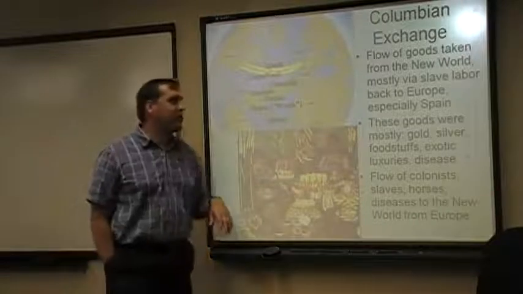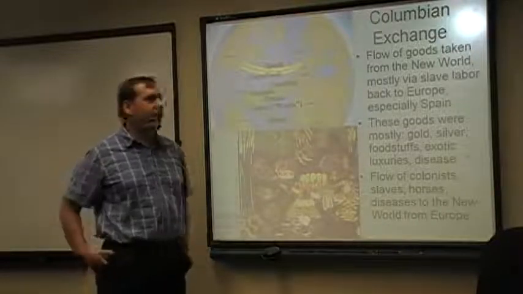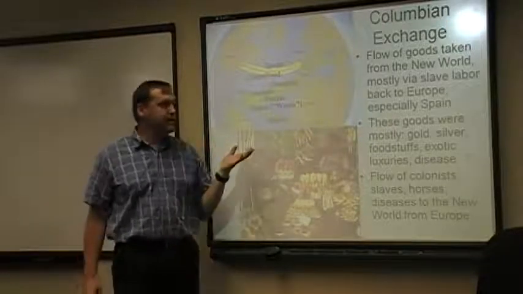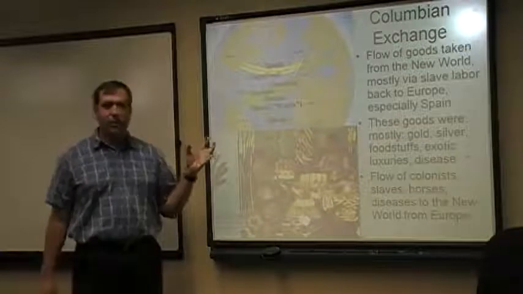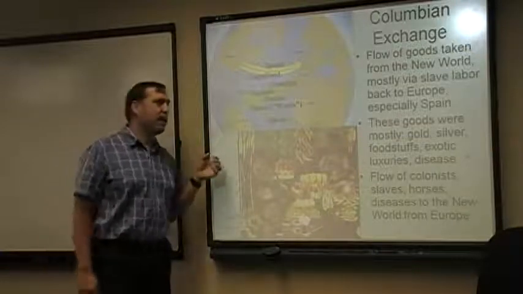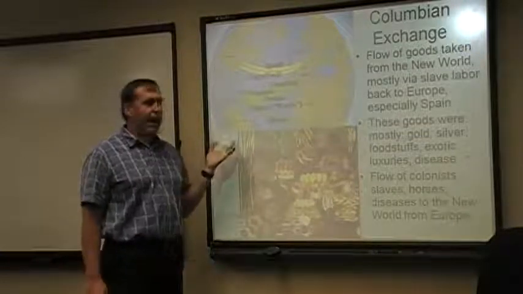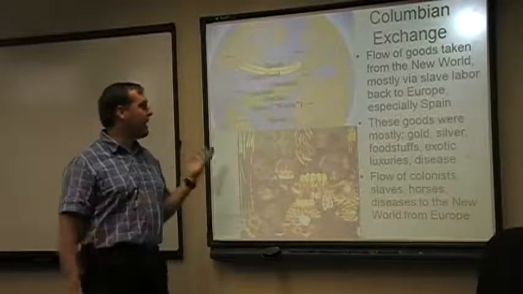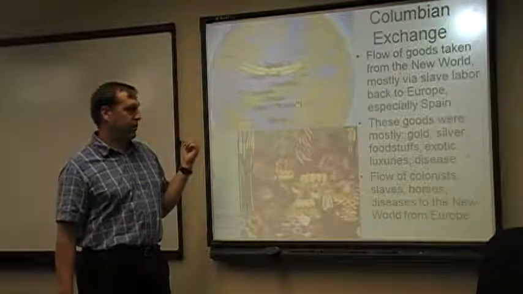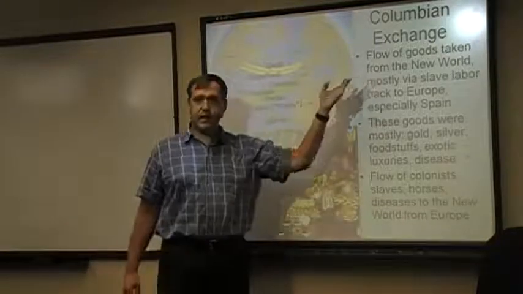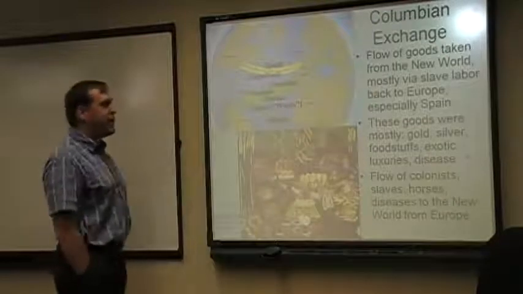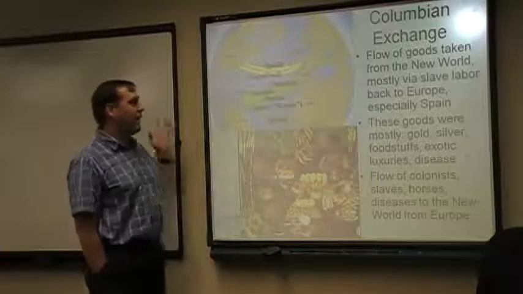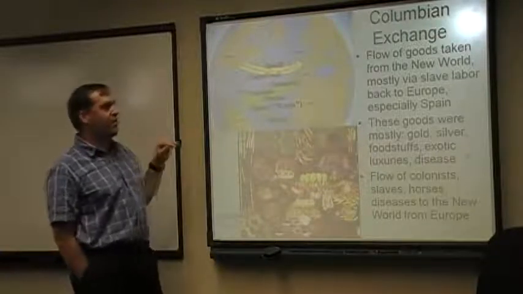Economically, all of this is going to create a system that we would refer to as the Columbian exchange. All right? This is a major radical shift in terms of the economic situation that had existed in the world prior to Columbus's discovery and prior to the establishment of European colonies in the New World. Now, we're going to see that you've got a huge flow of goods that are taken from the New World, from North and South America, that are going to arrive in the Old World. A lot of it in Europe, also some of it in Africa.